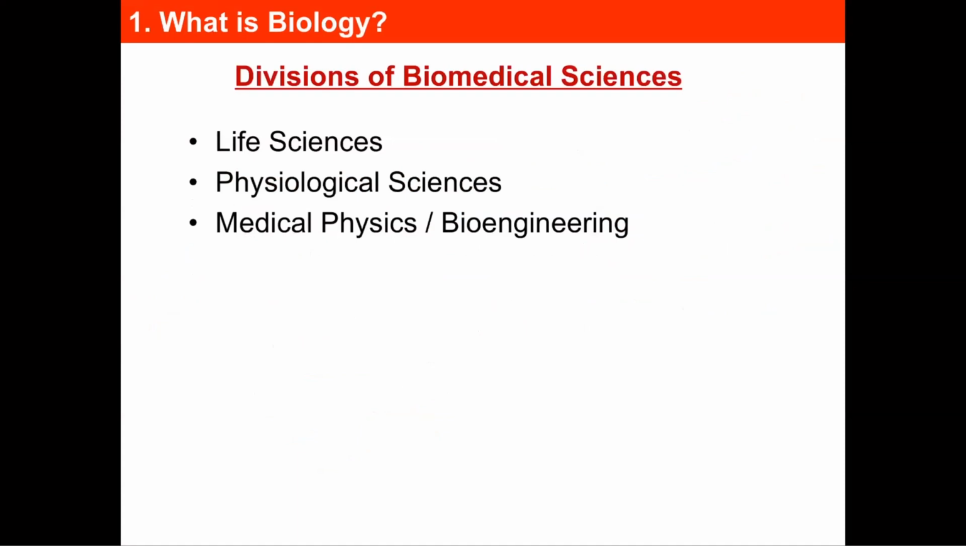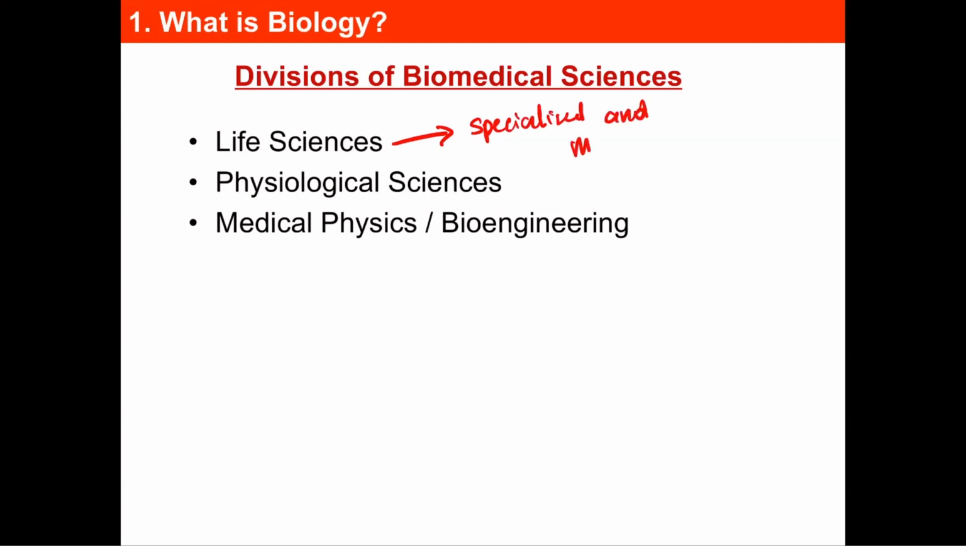Now, what are the different divisions of biomedical sciences? All the different things that biomedical sciences encompass, the different things that are being studied, can be categorized under three different categories. These three categories are life sciences, physiological sciences, and medical physics or bioengineering. Now, life sciences focuses mostly on very specialized